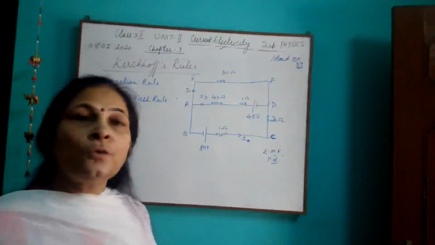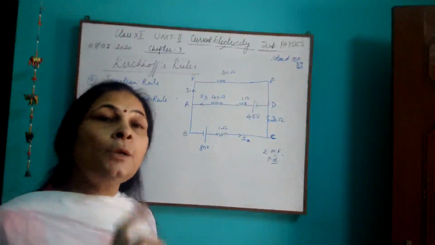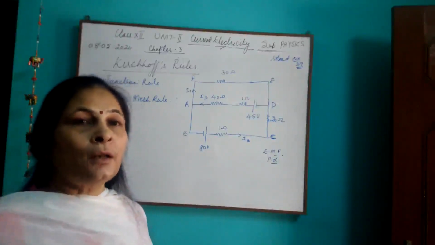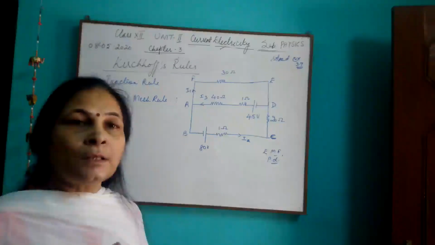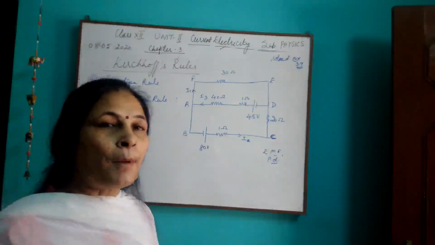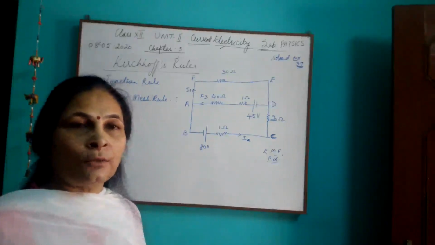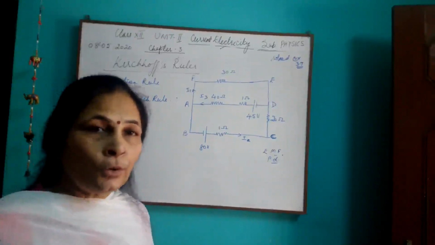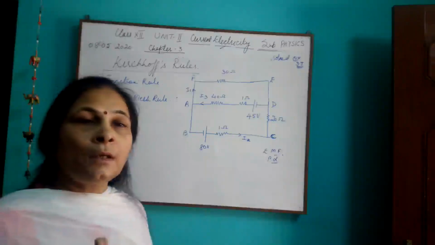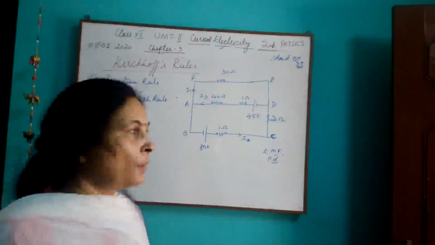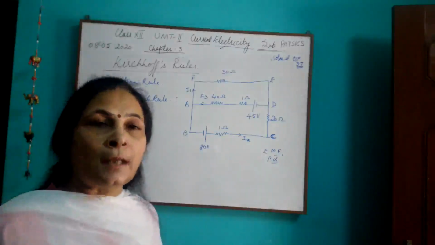Now the specialty of those circuits was that they had only one source of potential difference. That is one cell or a battery. Now that you have to do in any case. Those simple problems should be known to you, which can be done by Ohm's law. Now little extension is there.